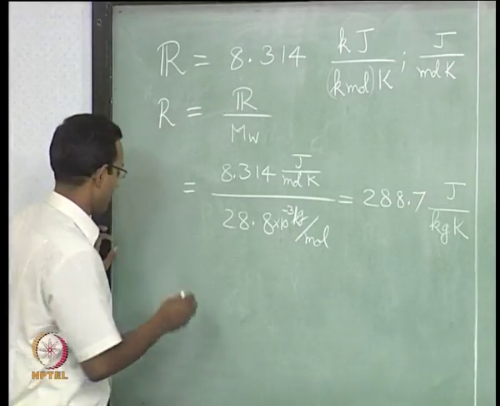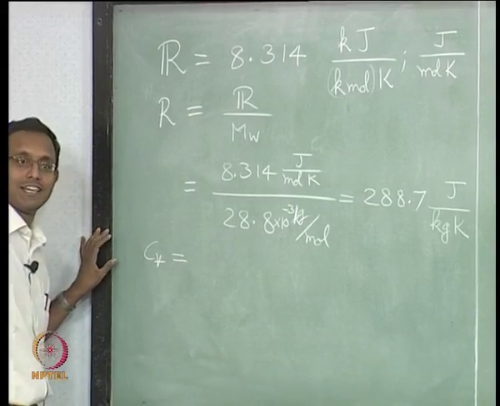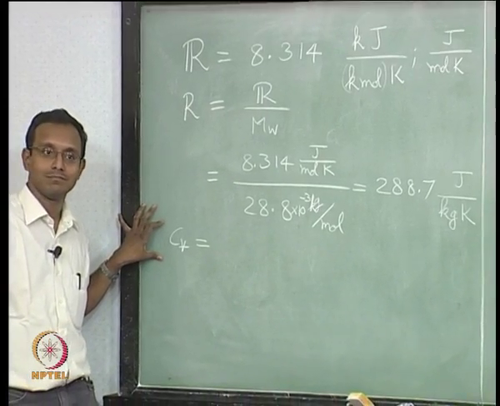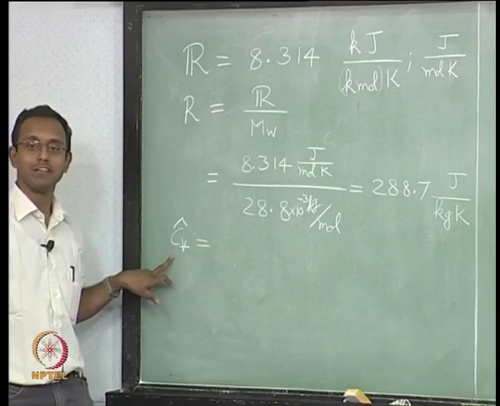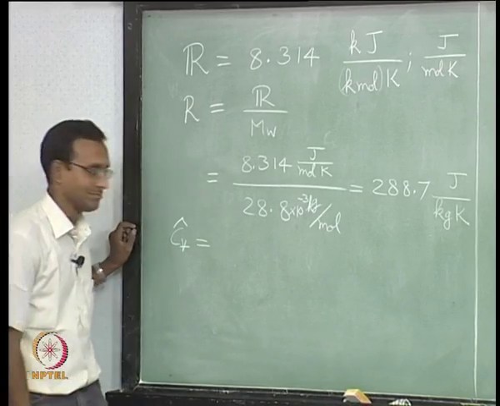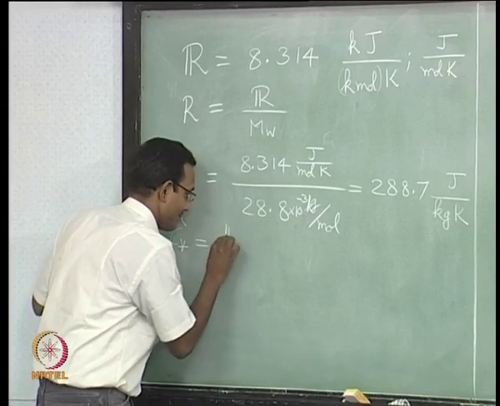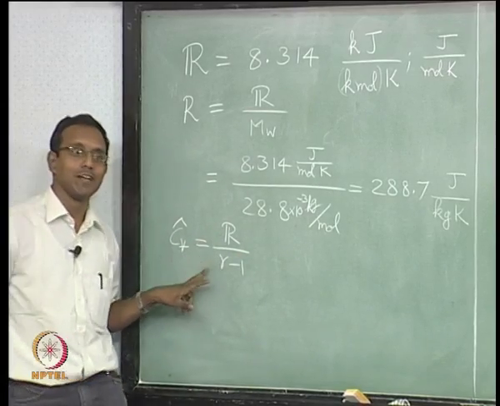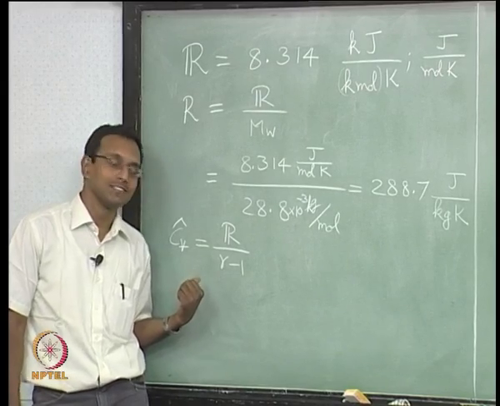Okay. Next variable will be Cv. Let us say I want per mole Cv. We use the symbol cap for it. Per mole Cv. How will I get that? Universal gas constant divided by gamma minus 1. This is the first time I am using gamma here. Gamma is